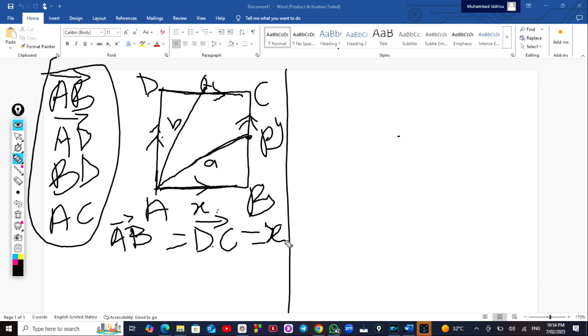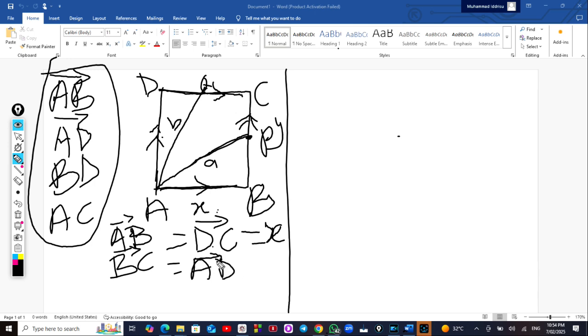This vector AB is not moving in the direction that BC is going. So you cannot say that AB is equal to BC is equal to CD. No, we don't say that. But rather AB is equal to DC, which is equal to x. And then equally, it is true to say that BC is also equal to